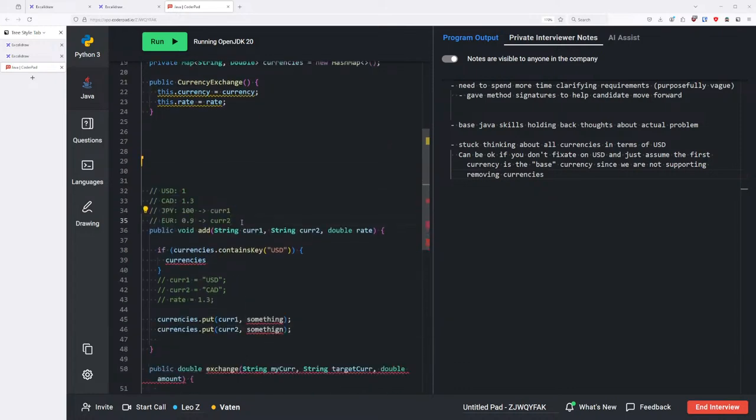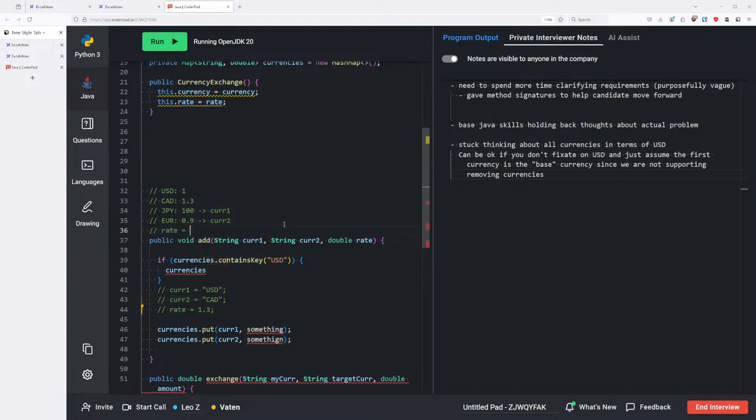Okay, so let's say in this scenario, we have USD 1, CAD 1.3, and our cur 1 and cur 2 is a currency input, and we want to produce these two values. This is the goal. But keep in mind that this rate is derivative of these two. So I'm trying to help you work backwards a bit here in case that would help, right? In this case,